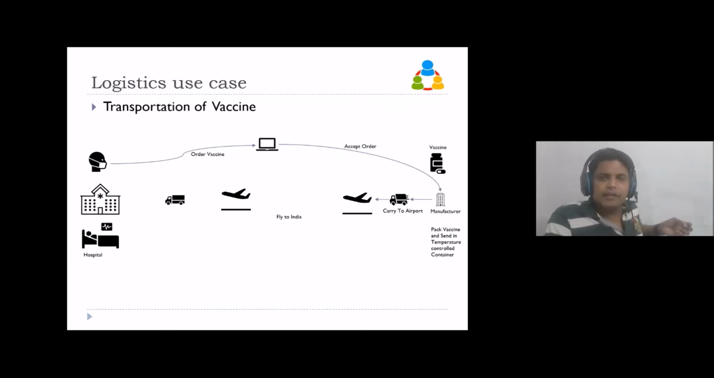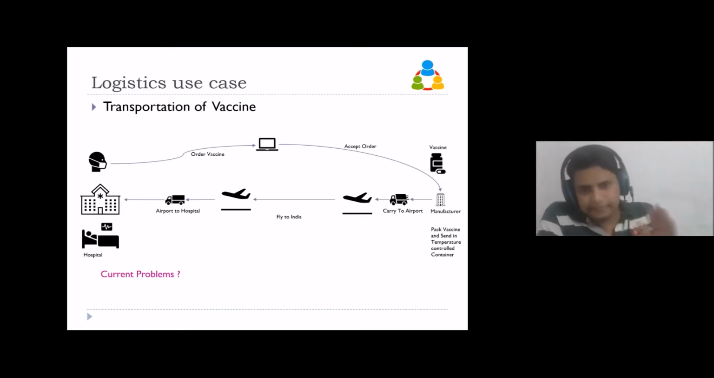From the airport, it will be flown to India, and from the airport, it will be carried on a truck to the hospital. Okay, this is the current scenario. What happens? Okay, this will take a lot of time, obviously, but